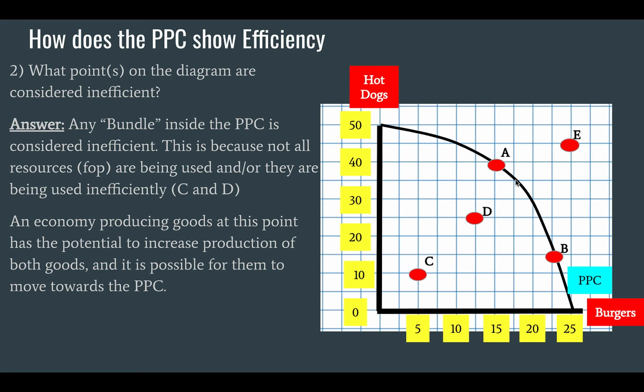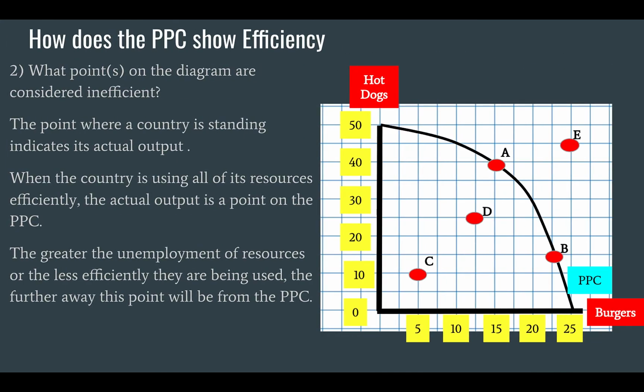We have the capability of enjoying a higher standard of living by producing more and then consuming more, and that's how we're defining standard of living. But we are not achieving that, either because of inefficiency in our use of factors of production, or just not using all of them, or some combination of the two. So anywhere in this region to the left and below the production possibilities curve is considered to be